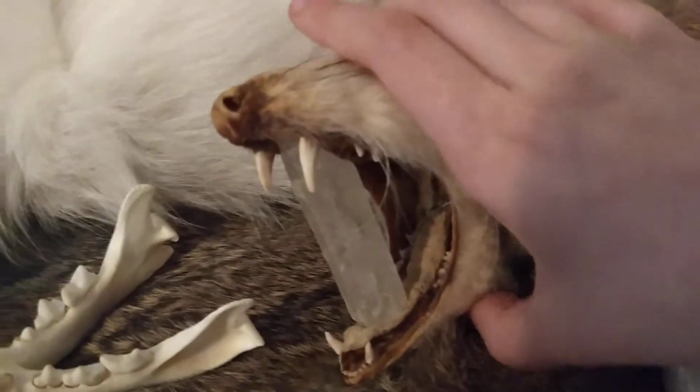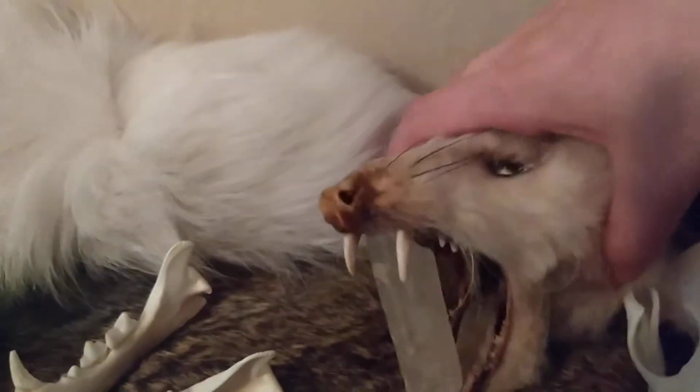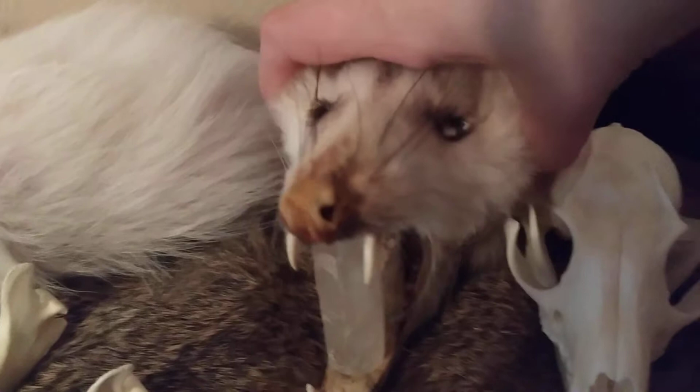There's a small odor to it, but I think that's always going to be how it is with a mummified animal, because all the flesh is still on it. It basically smells like a bag of mealworms. Or it smells actually more like bot flies, which I know because